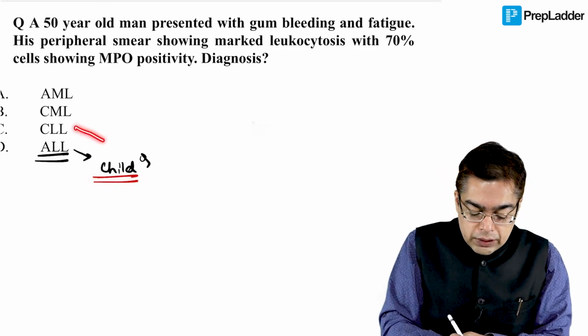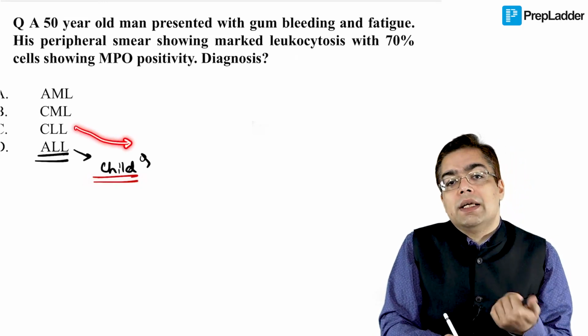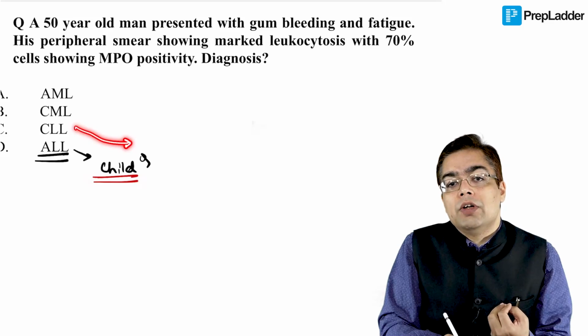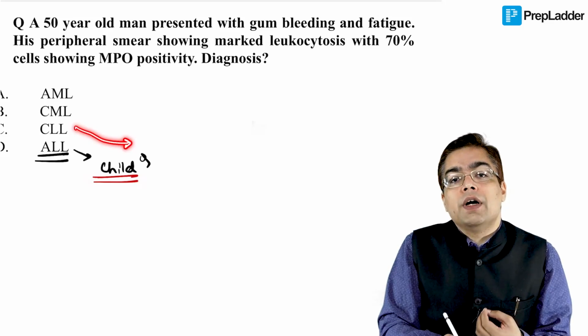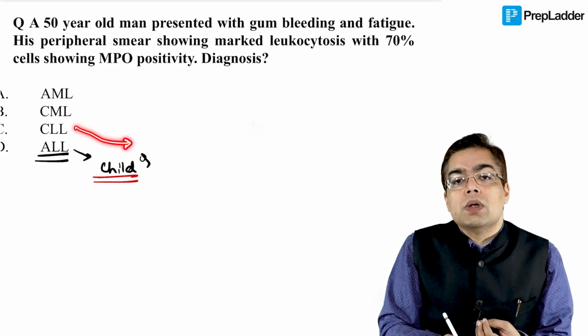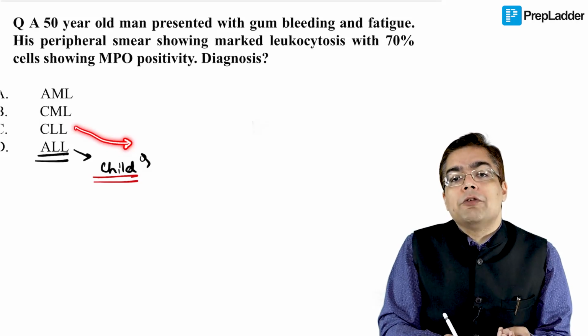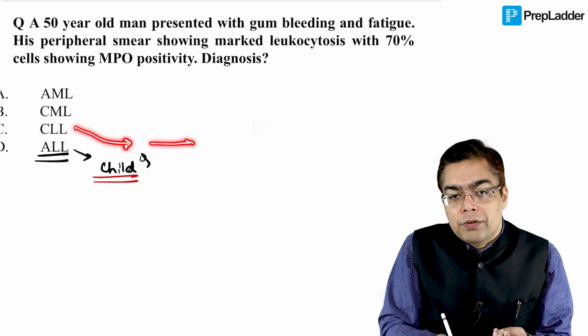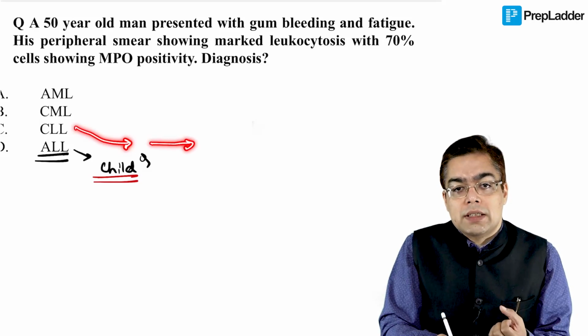If you were talking about something like CLL, CLL is going to be seen in case of elderly individuals. They are going to be having non-specific symptoms. But then what you find in case of CLL is that these individuals are going to be having the presence of tumor cells which are going to be having a special appearance in the peripheral smear that we talked about in the video discussion with you as well, the smudge cells.